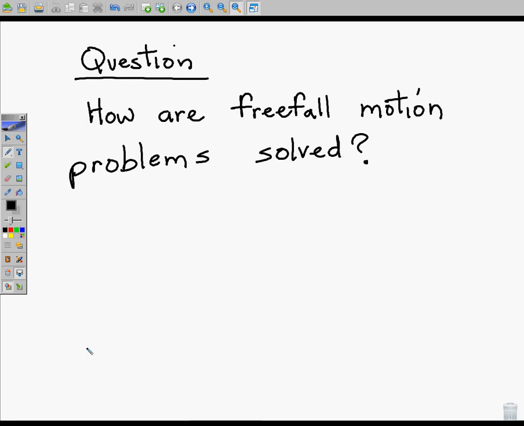So, ladies and gentlemen, today we're going to be doing lesson 5, which has to do with free fall motion. And basically the question is, how are free fall motion problems solved? The truth of the matter is, if you drop an object and it falls through the air, there is going to be air resistance, and the object is going to speed up and speed up until finally it reaches a terminal velocity. But what I need to point out to you is, if you see that a problem is announced to be a free fall motion problem,